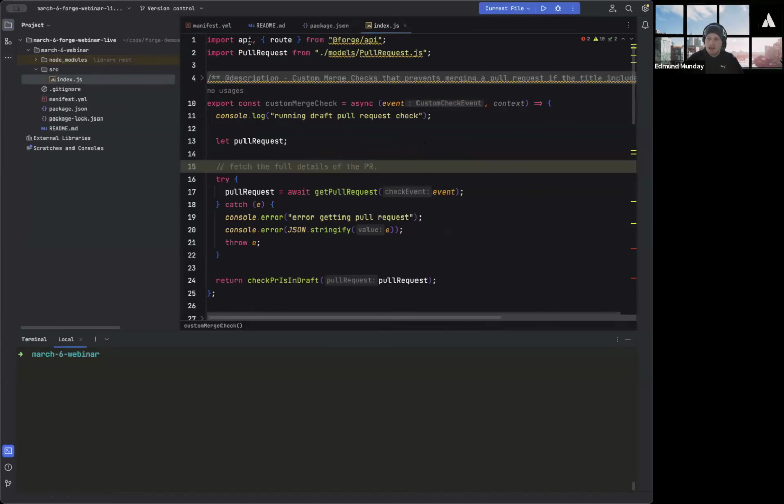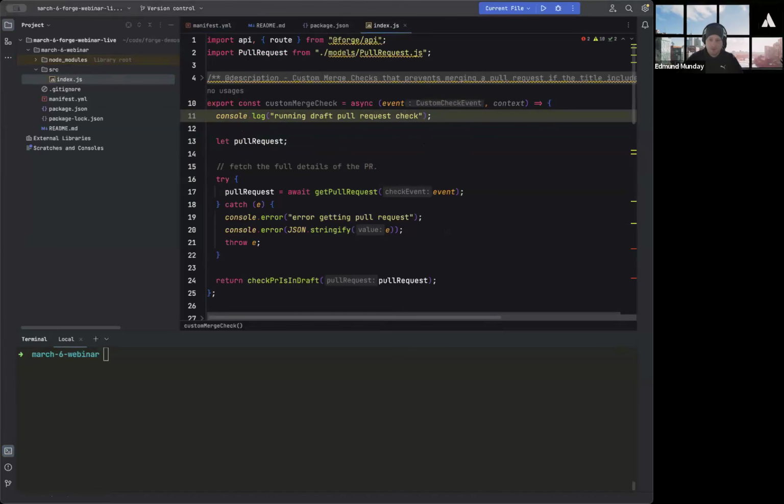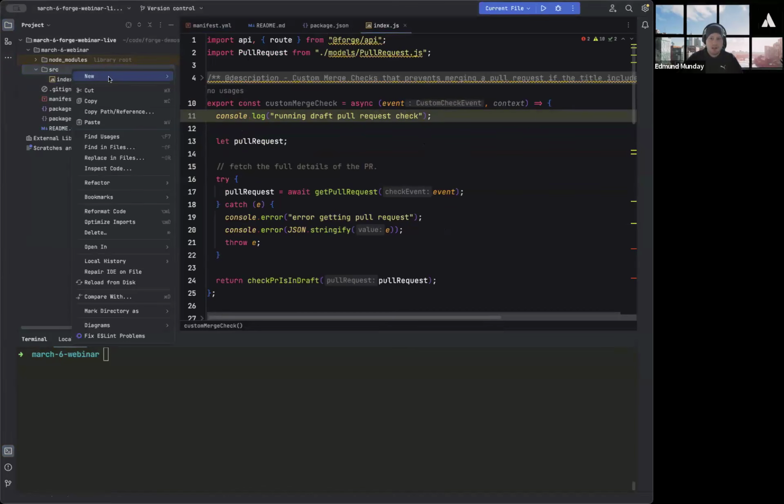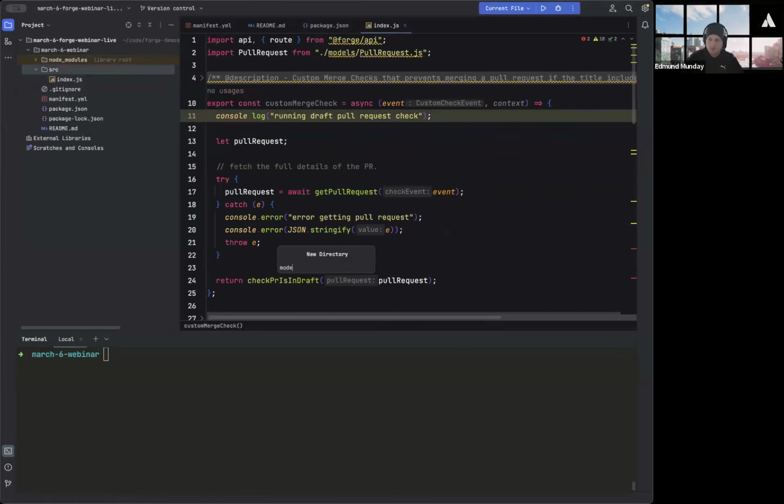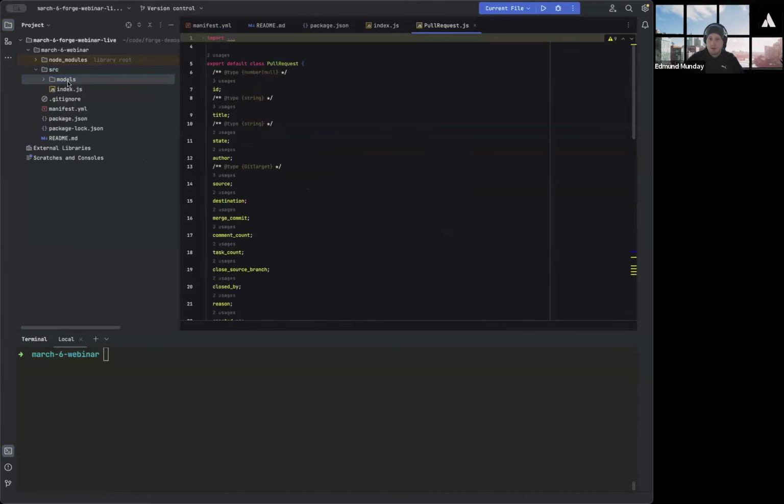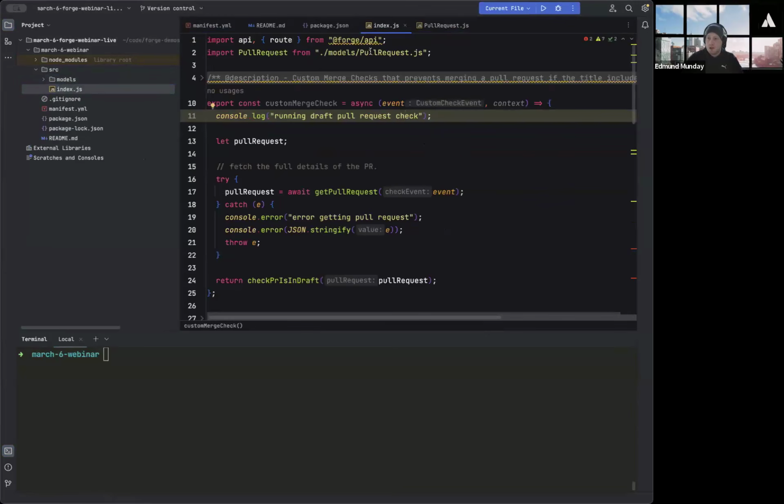So I've added in some libraries here that I'm using. And I've got to the file. I'll tell you what those mean in just a second. There we go. So this is a library that is made available by Forge itself. So this is basically the Forge API library. There's a series of other Forge libraries that are made available that you're able to install into your app and